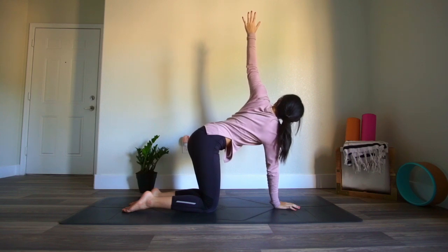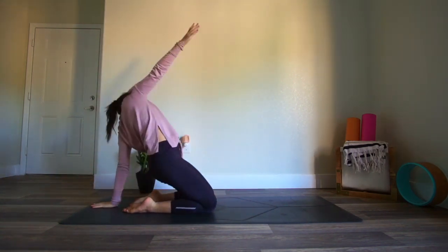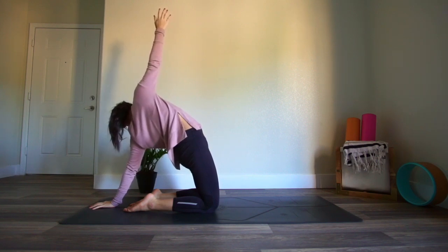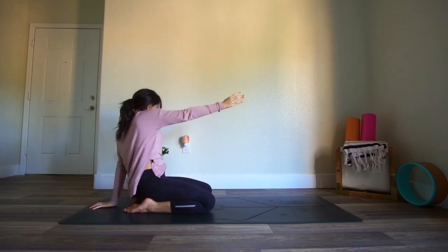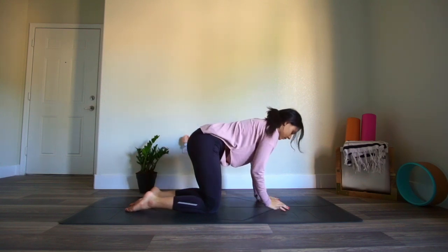Choosing to stay here, or if you'd like, press into that right hand. Sink the hips down towards the heels. Reach the left arm back, and then lift the hips up towards the sky. Extending that right arm up towards the sky as well. And then when you're ready, lowering the hips back down, planting the right hand in front of you, reaching the left arm up, planting the left hand down,